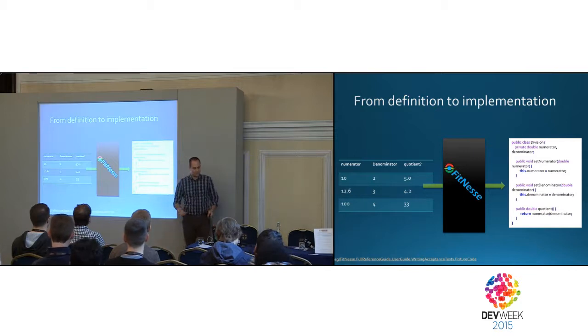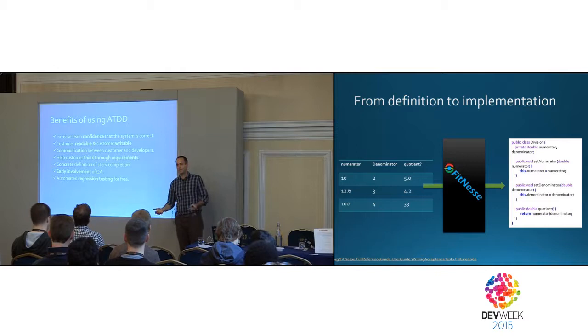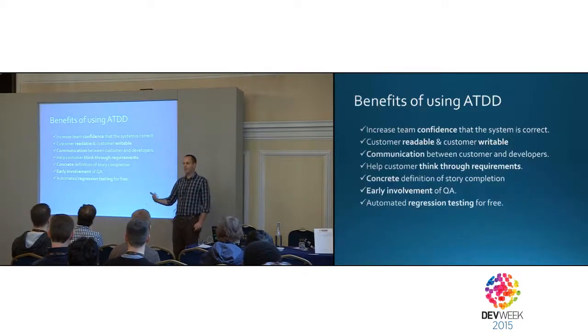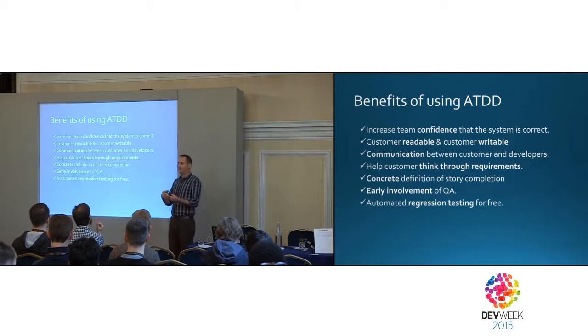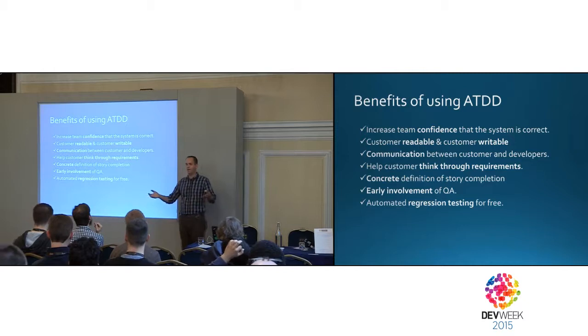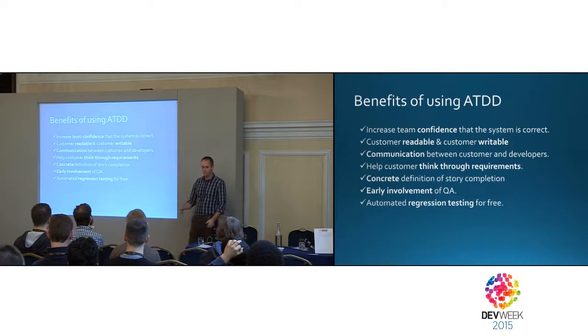It's very nice because users can read it. It's English. It's what we call user-readable and user-writable. In the case of the wiki, they can change the requirements by themselves. They don't need me to change it. And some users like that fact. It increases their confidence that I'm actually doing what they asked me to. And I get to verify that the requirement works. And on the way, same as unit testing, I'll get a safety net that makes sure that I'm not breaking something I already created in the past.